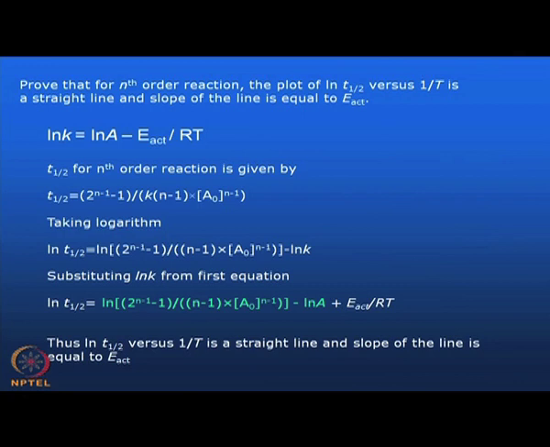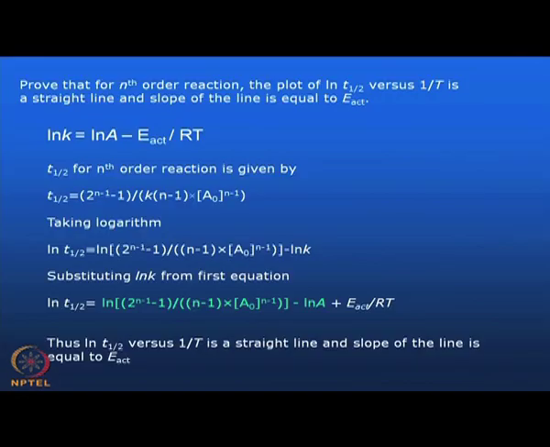We know that if we do a plot of ln k versus 1 upon T, which is the typical Arrhenius plot, then the slope gives you activation energy, I mean EA by R. But here, for an nth order reaction, you have to prove that ln T half versus 1 upon T is a straight line with slope